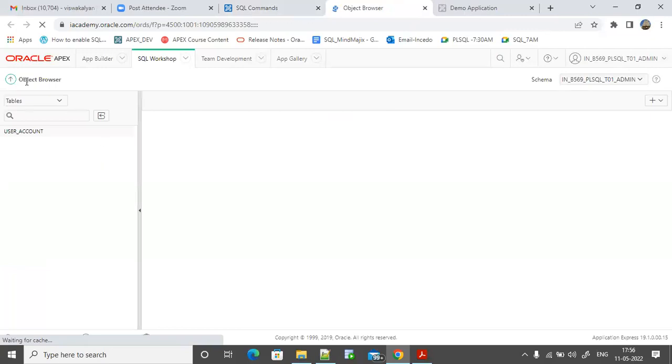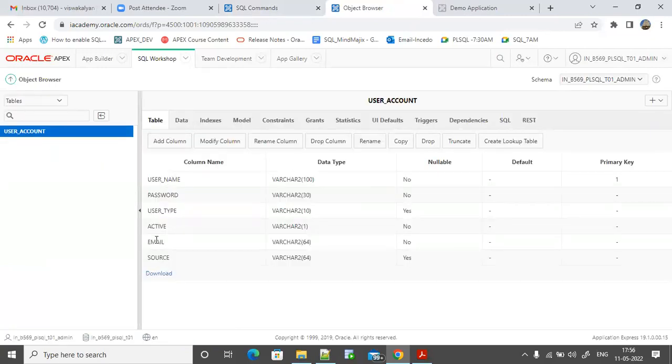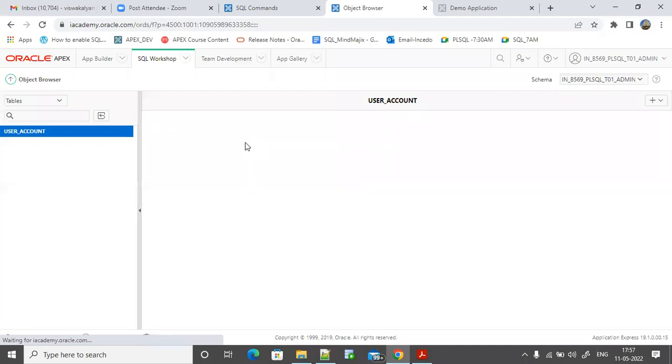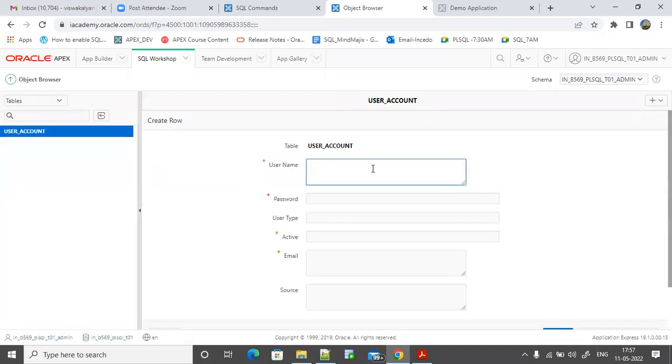Okay, click on user. This is the table columns, data types. Click on data. You can see there is no data in this table. If you want to insert the data from here, you can insert here. Click on insert row. Okay, you can give your details here, but